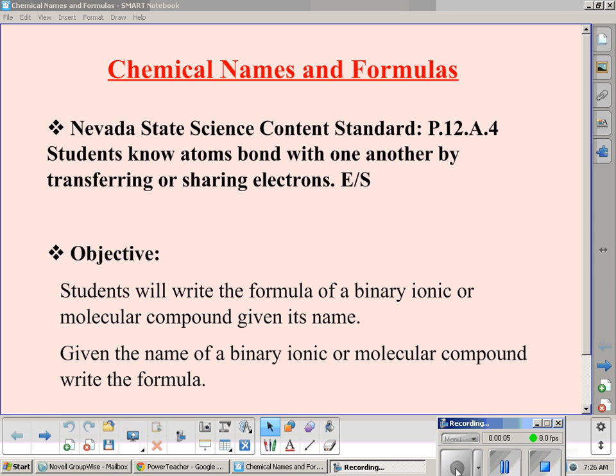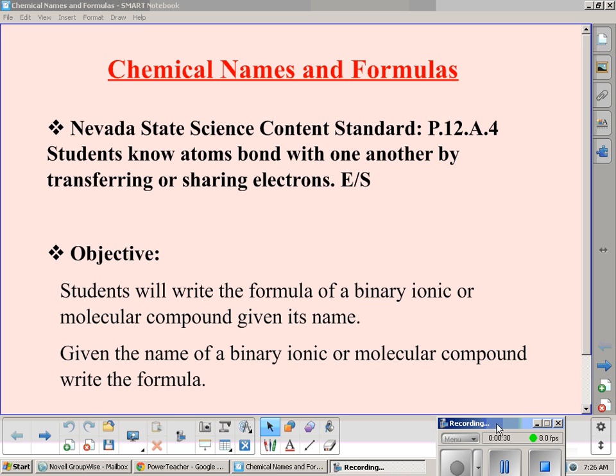Today we're going to talk about different chemical names and formulas. There are many different systems for naming chemicals when given their formula. We're just going to talk about a few. If you're given the formula, you should be able to produce the name, and by the same token, if you're given the name, you should be able to produce the formula after watching this video, and that goes for either